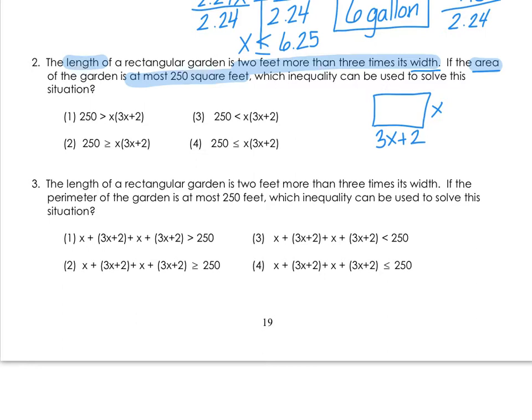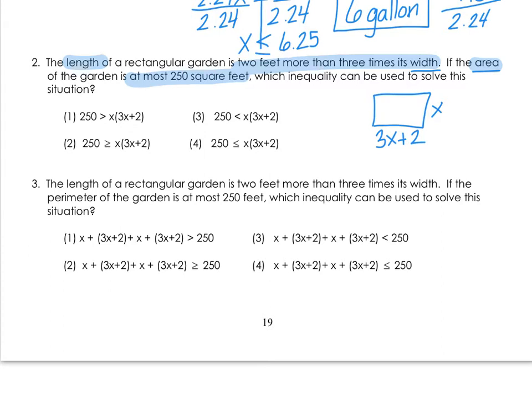Now if I look at all of my options, they all have the length multiplied by the width. So the question is the inequality part. What in our inequality is representing the area? Well, it's this side, the x times the 3x plus 2. So that area has to be at most 250 square feet. So that means that it can be less than that or equal to it, but it can't be any more